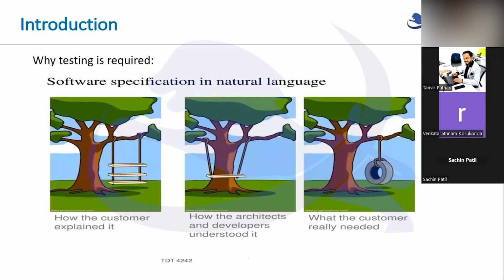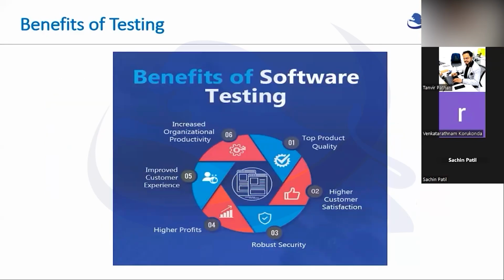Let's move forward. Till now we discussed the day-to-day benefits and why testing is required. But if you think from a larger perspective, from the industry or IT companies' perspective, how does testing benefit IT industries, and why is there so much requirement for testing? Whenever you deliver a quality product which has been thoroughly tested and has a very good interface and very good user satisfaction, it will always lead to delivering a top quality product to customers. That automatically comes with customer satisfaction, that automatically brings more requirements to your industry, and that automatically turns into